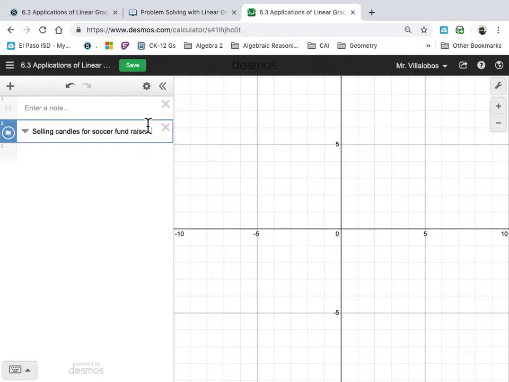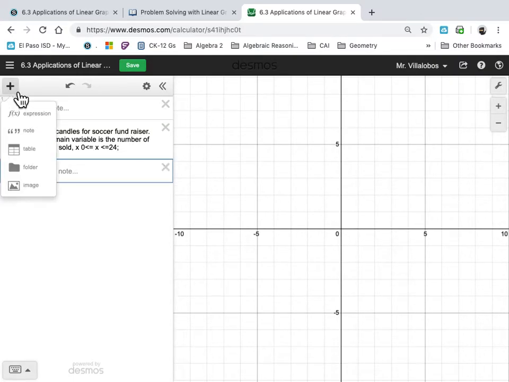So I'm going to say that the domain variable is the number of candles sold, and I can say that the domain for this situation is 0 less than, that's x. So I'm going to put comma x, and I'm going to say that's 0. I can sell 0 candles, and it can be less than or equal to 24 per player. So that means if that's what my domain is, my range,